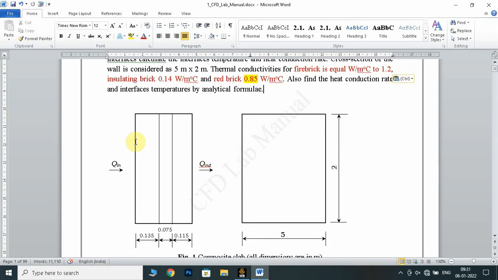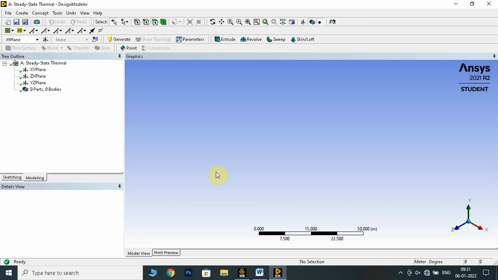In the design modeler geometry, first we have to draw the first rectangle, second rectangle, and third rectangle, and we give the dimensions, length, extrude, and so on, and we will see this.